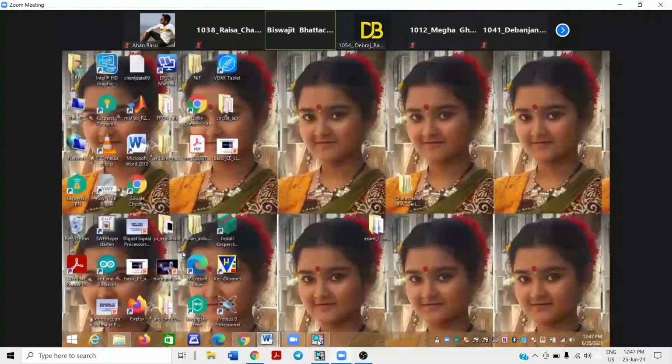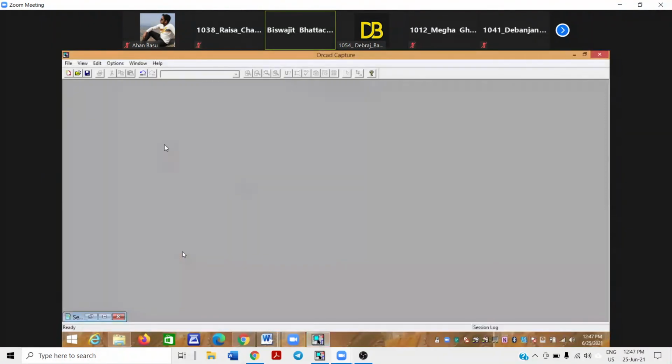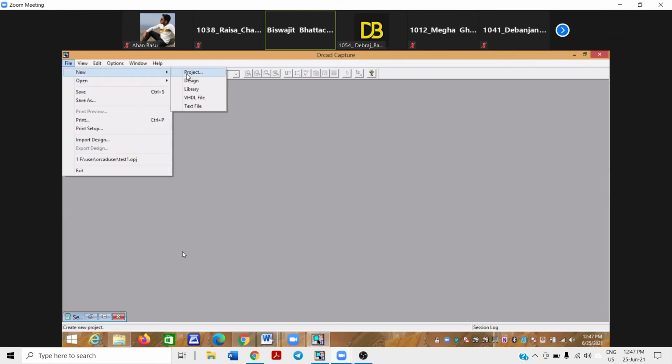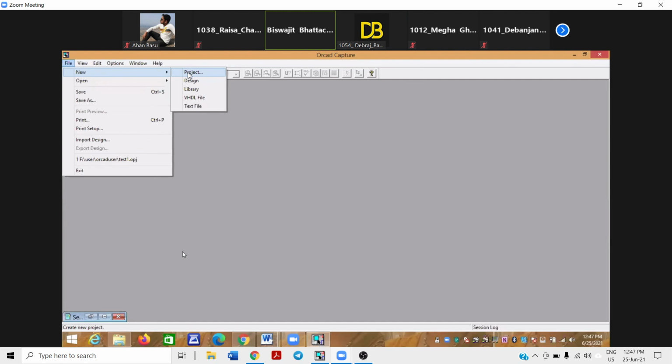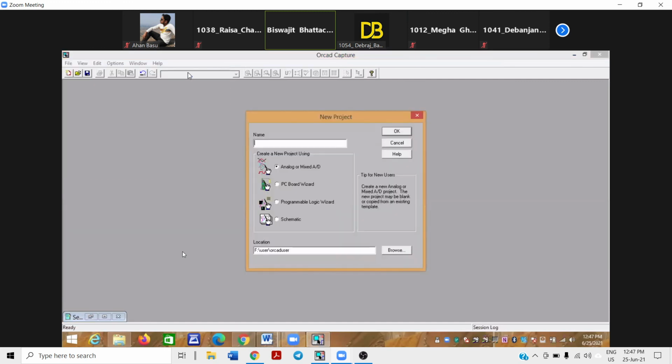And now in Capture CIS, I go to File first, then New, then Project. I create it. So go to File, then New, then Project. Once I go to the project, now you see in the Browse option, I have already set my folder as OrCAD user.